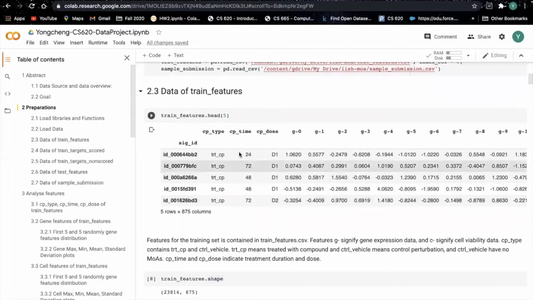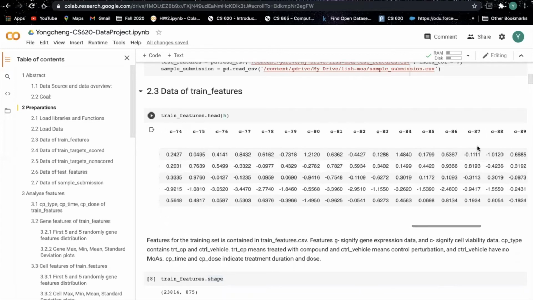This is the data of train features. Data of train features contains G features, which has about 800 features. G signifies gene expression data, and the C features signify cell viability data. It has 100 of them, and the